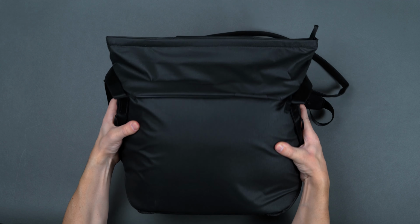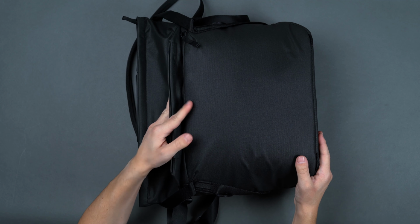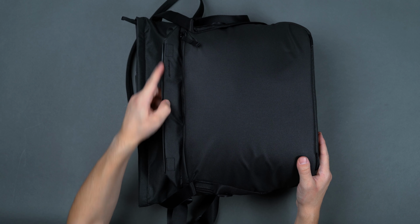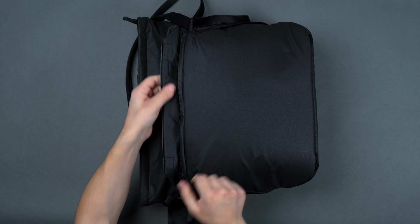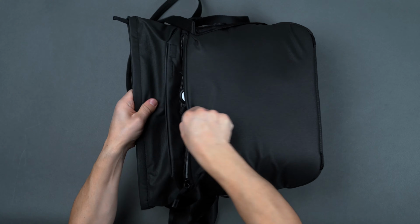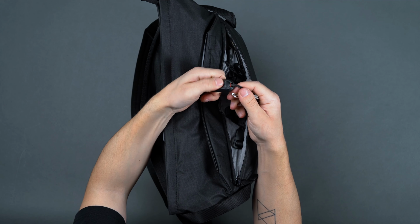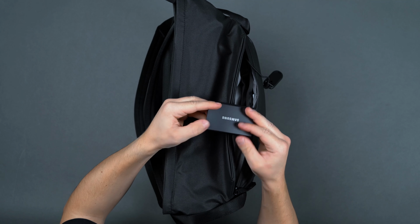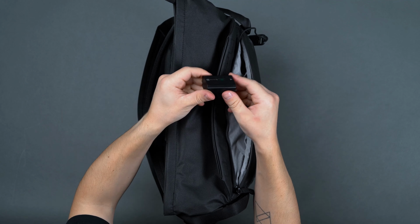The front exterior hides an edge-to-edge ultra-zip pocket under the dual magnetic flap, featuring a row of 4 small elastic pockets on the inner side, one main cavity, a single elastic pocket on the outer surface, and an elastic QR key leash. As an example, we stowed away a ring of keys via the QR key leash, and in the lattice of small stretch pockets a portable SSD, a pair of wireless earbuds, a card holder, camera battery, and an